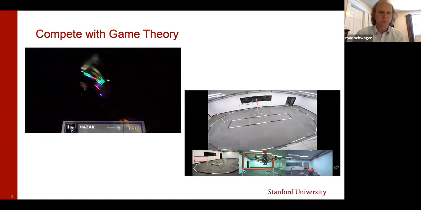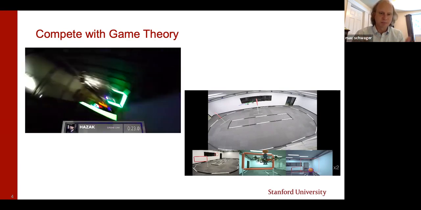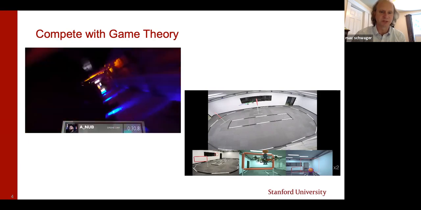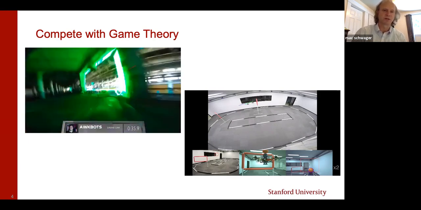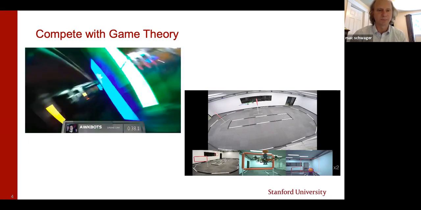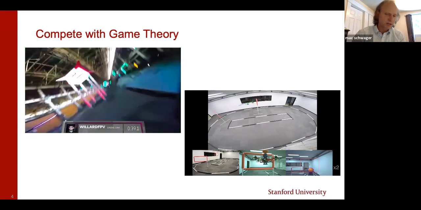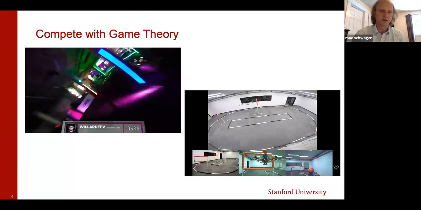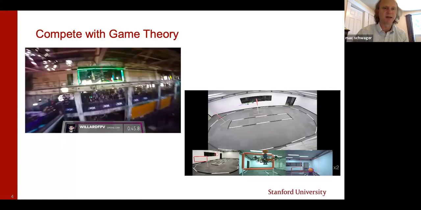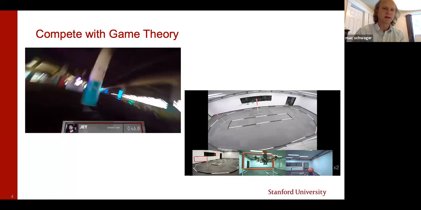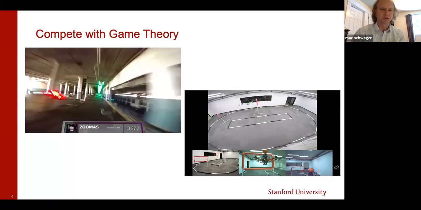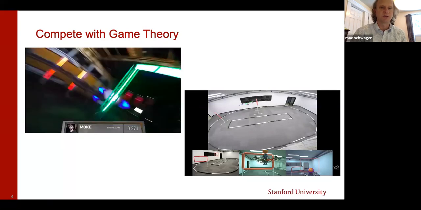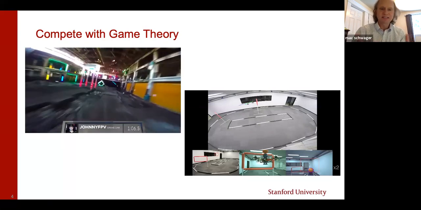So fully human piloted. What's amazing here is the speed of perception and the speed of planning. This is miraculous. This is something that humans can do that we're still really struggling to do with artificial means. But what I'm really interested in here is the way the humans compete with one another through their trajectory planning, right? So how does a human decide on a trajectory in order to preserve their advantage in the race, or in order to gain advantage on another drone that's in front of them? And this is the art of racing, right?